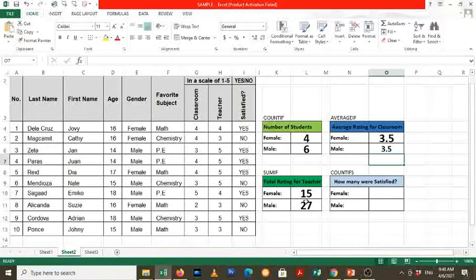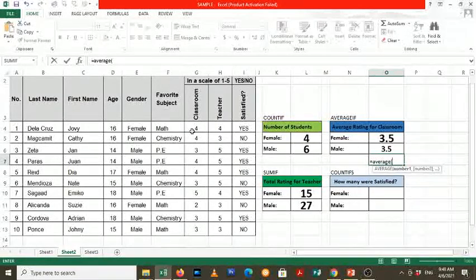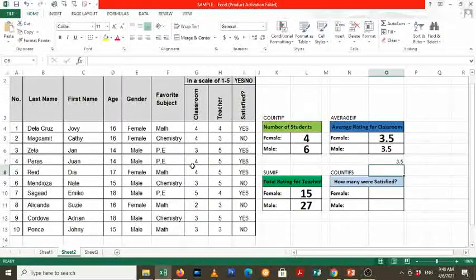Let's try to check it again. You might get mistaken. Okay. This time we are going to compute only the male's rating. So that one, this. Okay, close parenthesis and then click enter. And so yeah, they have the same rating, total average rating for